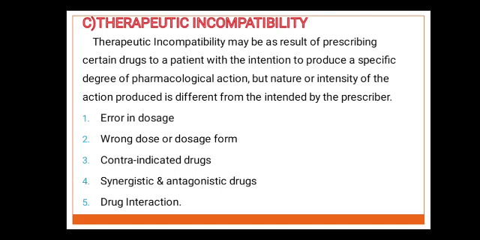Now we will see the first point, error in dosage. Many therapeutic incompatibilities result from errors in writing or interpreting the prescription order. The most serious type of dosage error in dispensing is overdose of a medication. It becomes the duty of pharmacists to check the prescription before dispensing it. The pharmacist is often in a position to detect such errors and help to avoid such problems.